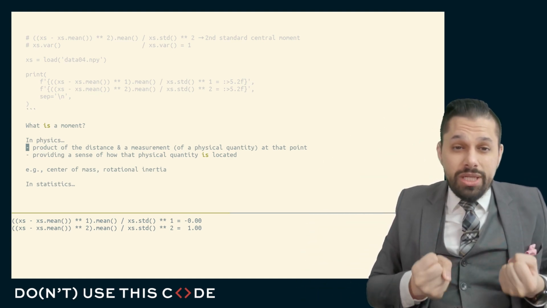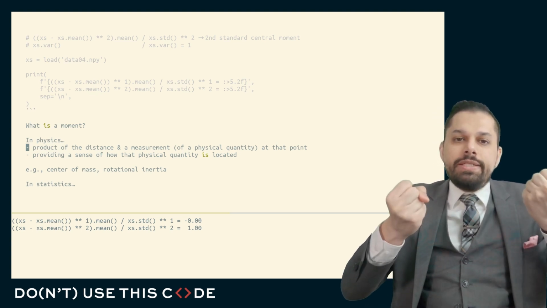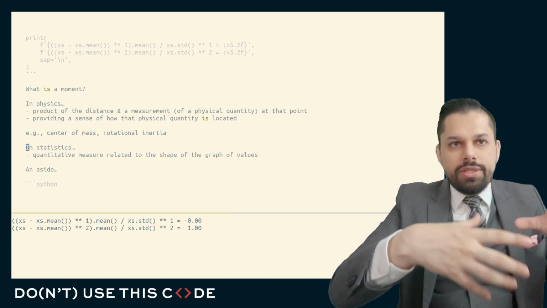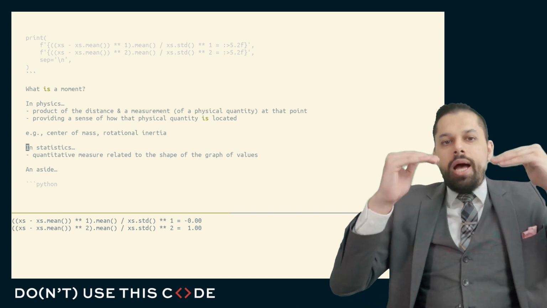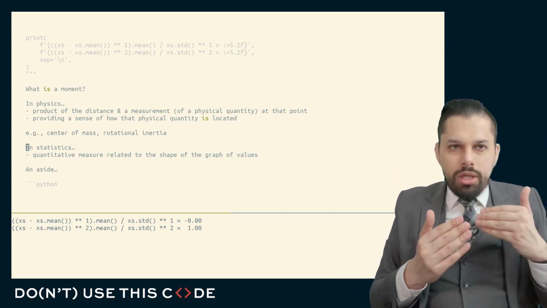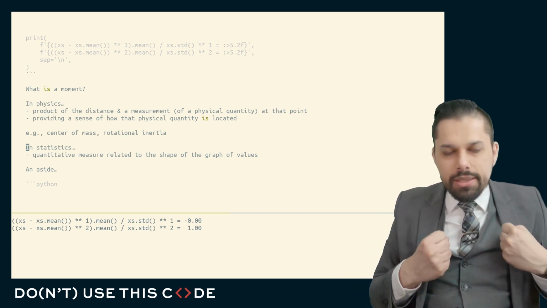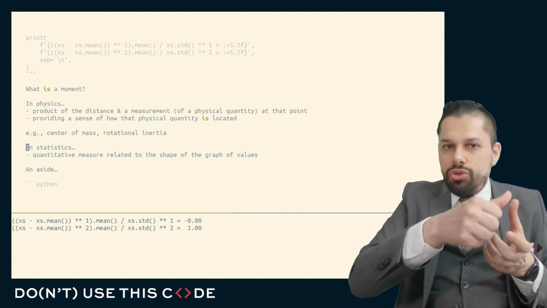Well, it turns out that rotational inertia is actually the same thing as your variance. It is your second central standard moment. In statistics, instead of talking about this in terms of these product of distances and measurement, because we want to talk about these higher order moments, what we're talking about is a quantitative measure related to the shape of the graph of the values. So anytime we're computing a mean, a variance, a standard deviation, a skew, or a kurtosis,